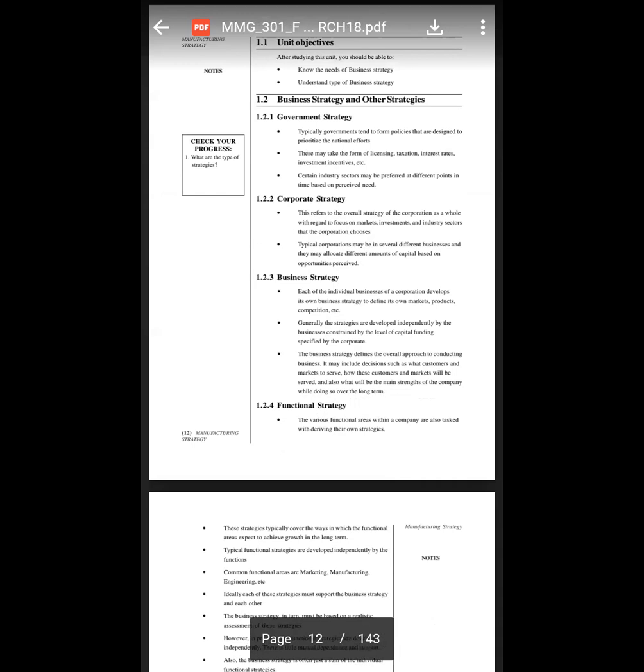Government tends to form policies that are designed to prioritize national efforts. These may be taken while licensing, taxation, interest rate, investment, and incentives. Certain industry sectors may be preferred at different points in time based on perceived needs. Now see, I will give you the business strategy and the other strategy. What are the things which come under the government strategy? Now see, the role of government is